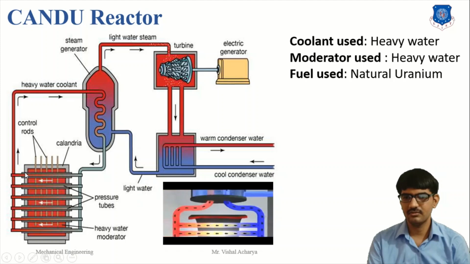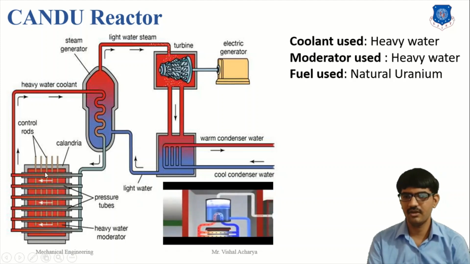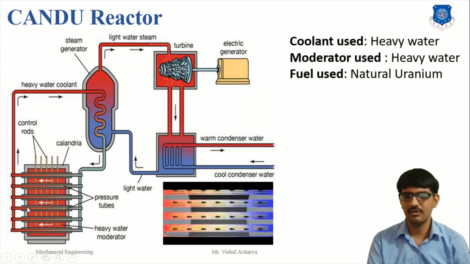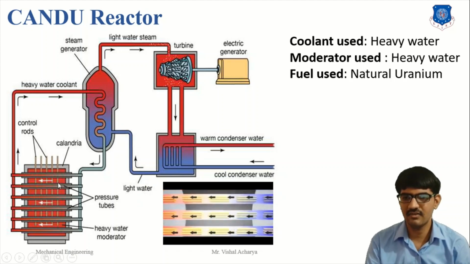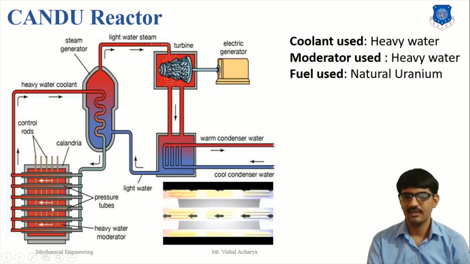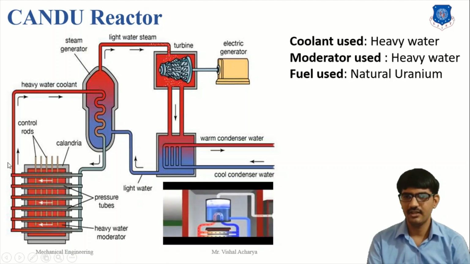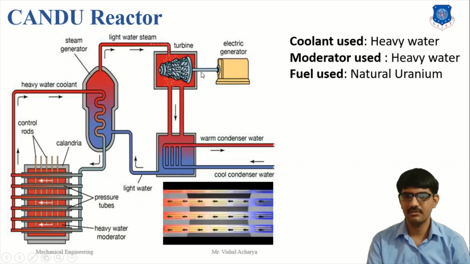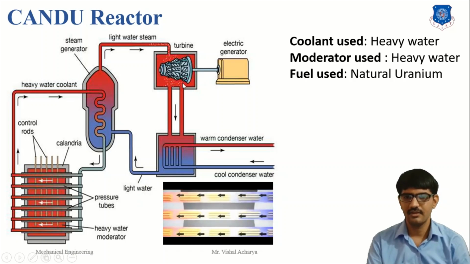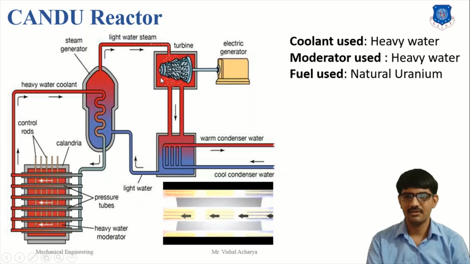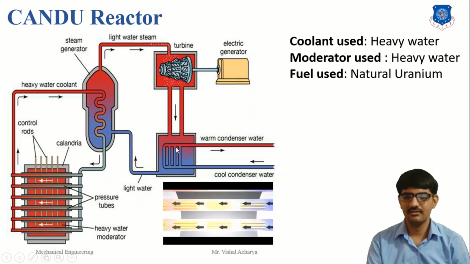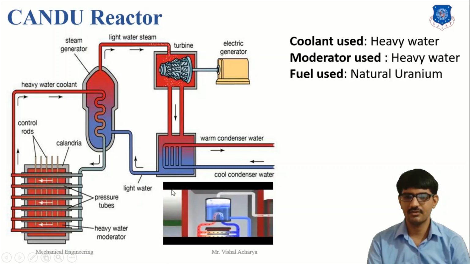There are 37 rods in one bundle, and we have used a total of 12 bundles. The weight of these fuel rods is 97,000 kilogram. Here the heavy water coolant is passed through the fuel rods, so it is heated and the heat energy is transferred to the water in a light water system. Here it produces steam, and the steam is transferred to the turbine to produce electricity, then passes through the condenser and from the condenser to the steam generator.